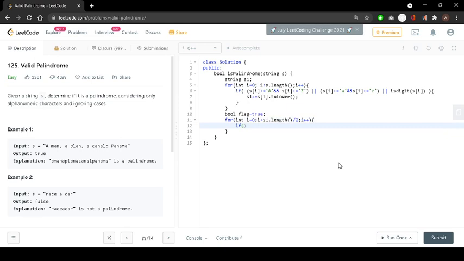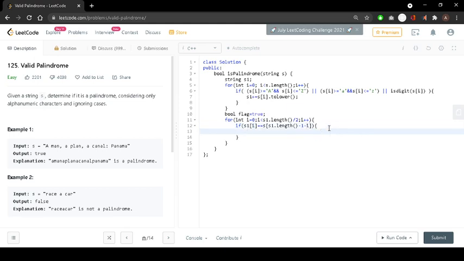So if s1 of i is double equal to s1 of, from the last, s1 dot length minus 1 minus i. See, in the beginning it is 0 and the end. Suppose the length of the string is 5, then it is 5 minus 1, which is 4. Minus 1 because the length is 1 more than the index of the last character. So the last index will be 4, and it will compare to the last index. Similarly, when i is 1, it will compare to the second last, and so on.